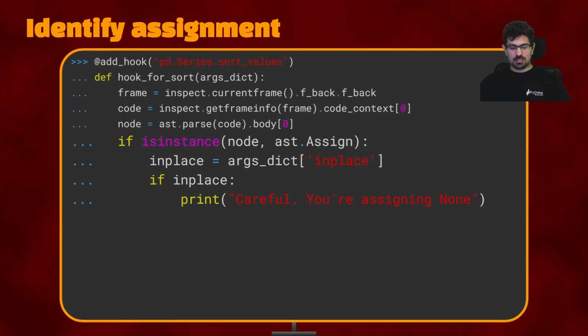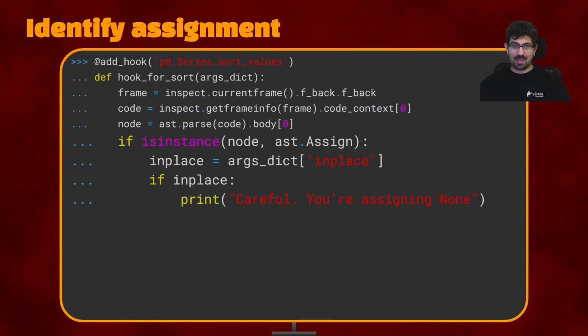The first three lines are for getting the code, and now we can say: is instance of node the ast.Assign? If it is, then get the inplace, which is the argument inplace from the args dict, the ones that we've seen in the inspect part of the talk. And now we can ask Python if inplace, or if inplace equals True, then print: